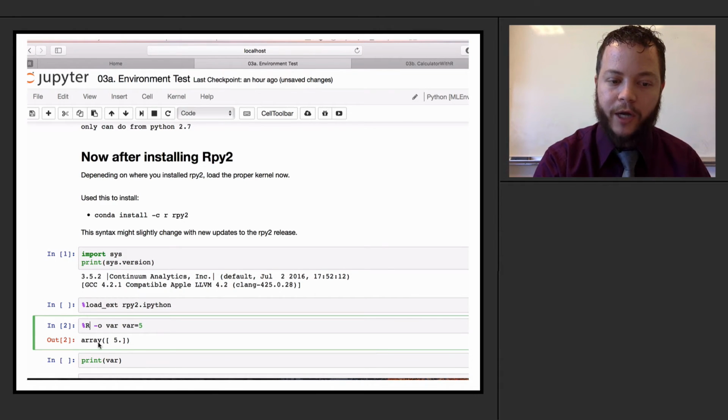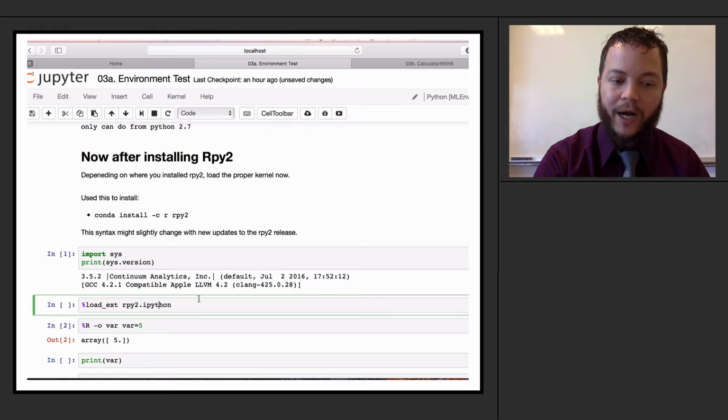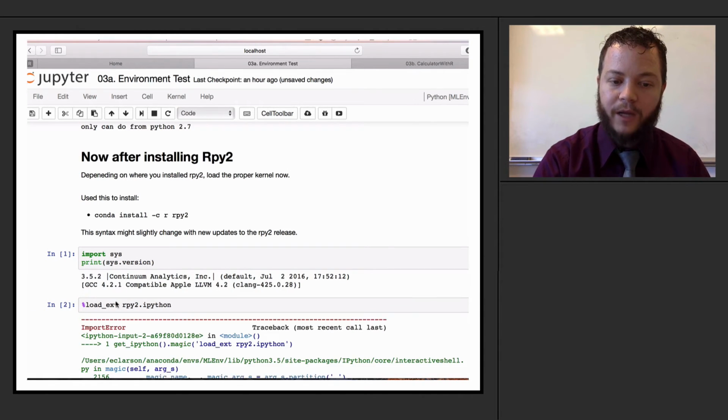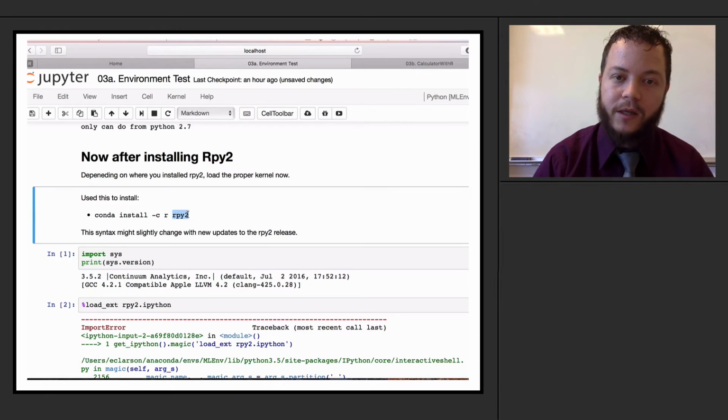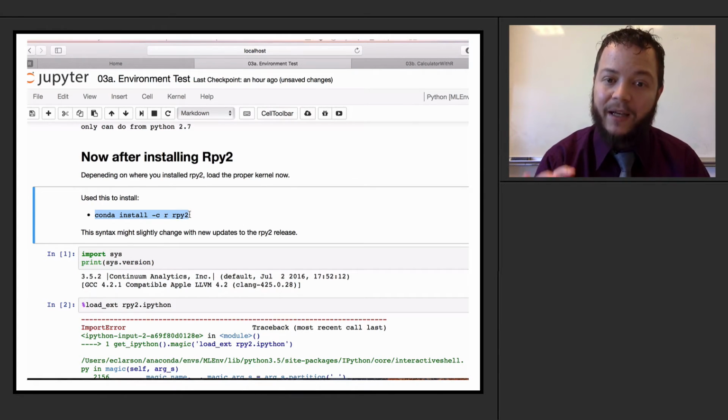So I'll show you how to use this in just a moment. But if I try to actually load this extension right now, I'm going to get an error. And the reason is because I don't have rpy2 installed onto my system. So let's actually go out and conda install rpy2 in my ML environment, because the kernel that I'm using right